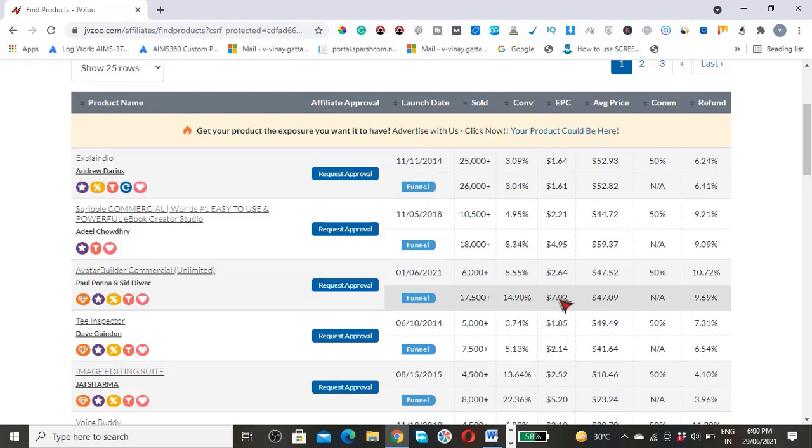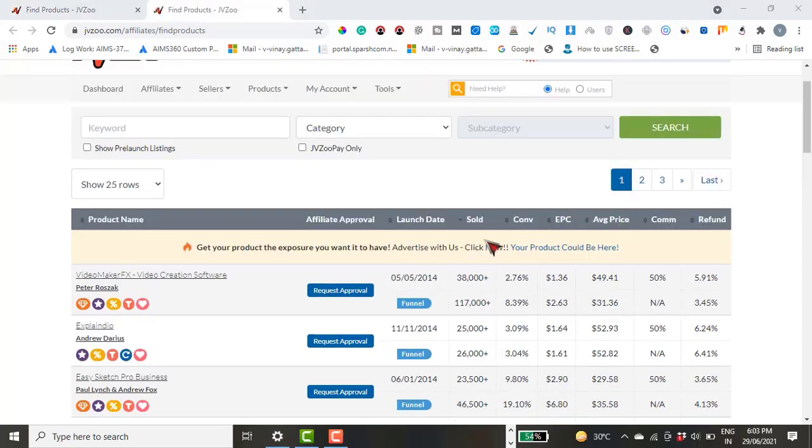Also, you want to look at softwares that don't have less than, say, 100 sales, because that is unreliable data. Maybe you could go for 50 plus, because it would be a good benchmark. The more sales the product has, the more reliable the metrics.